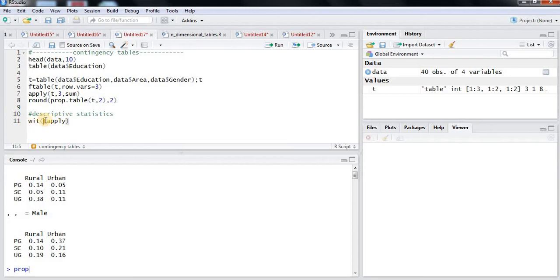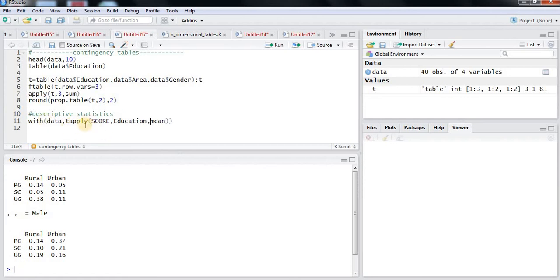So let us consider a command: with into bracket data dollar tapply into bracket score comma education. So we are finding the mean of scores and I want education wise, so comma education comma mean.